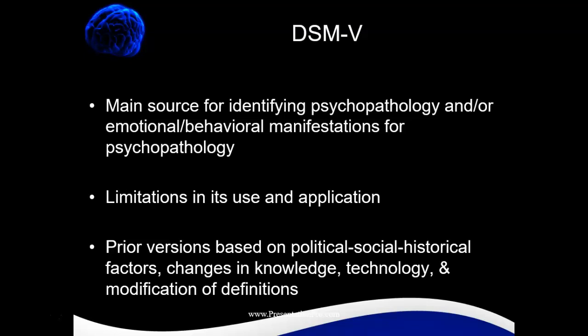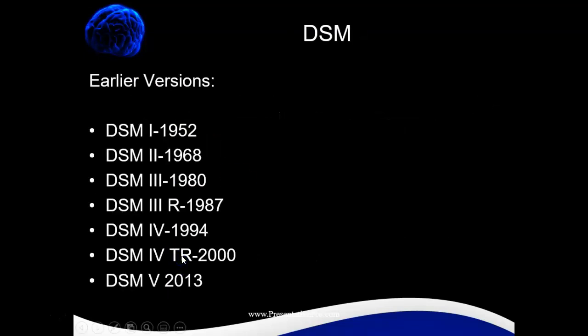And we've also modified definitions. Sometimes we've expanded them, sometimes we've limited them. And through expanding and limiting definitions of disorders and symptoms, we may indeed change the disorder itself and how we're diagnosing people with it. We have plenty of different iterations of the DSM, starting off with DSM-1 in 1952, DSM-2 in 1968, DSM-3 in 1980, DSM-3R 1987, DSM-4 1994, DSM-4 TR in 2000, DSM-5 2013.